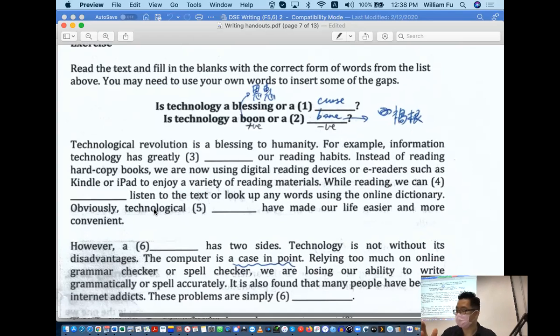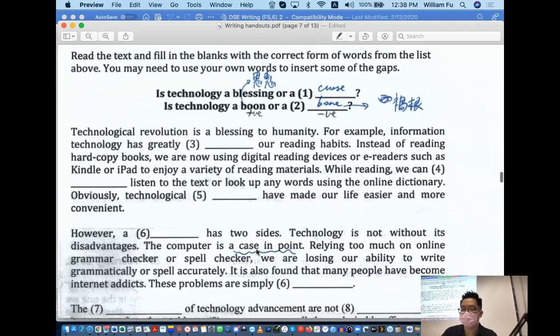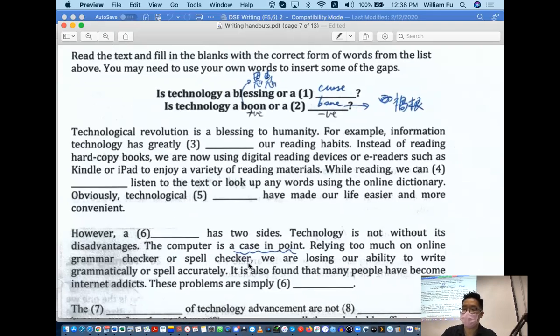Obviously, technological what? Technological advancements, okay, or advances, both are okay, have made our life easier and more convenient. However, a coin has two sides. Coin, okay, has two sides. Technology is not without its disadvantages. The computer is a case in point. Okay. Relying too much on online grammar check or spell checker, we are losing our ability to write grammatically